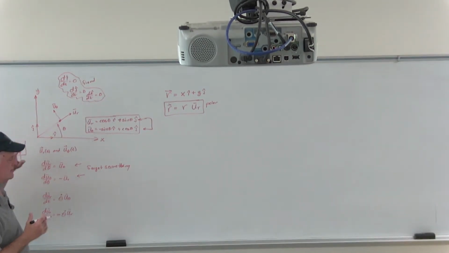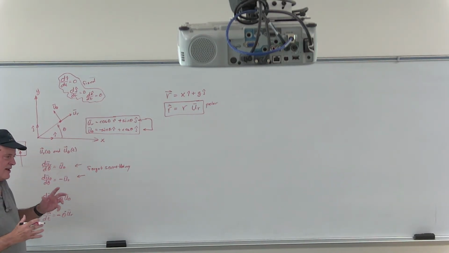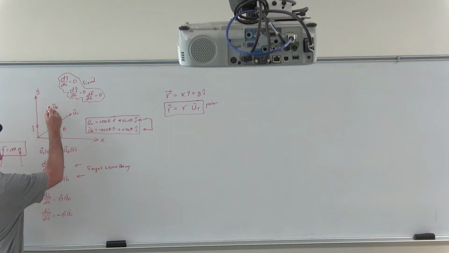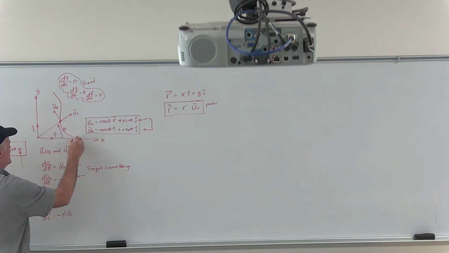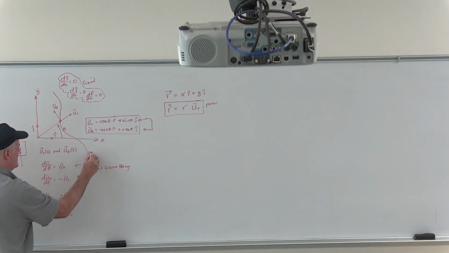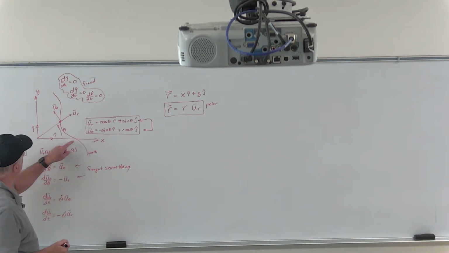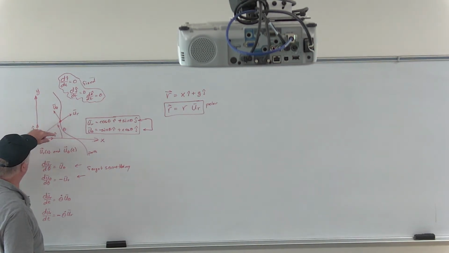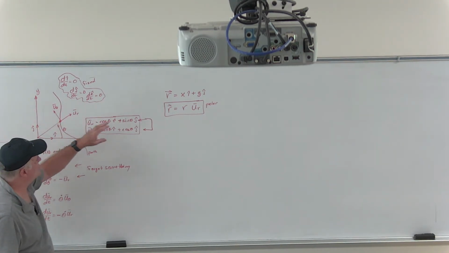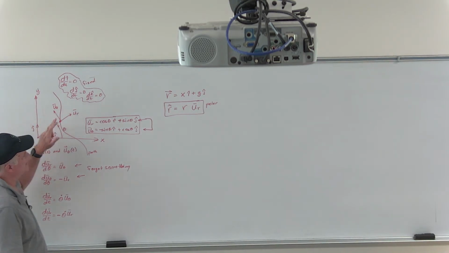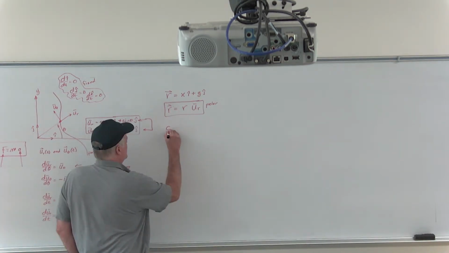So it sounds weird, and when you're first looking at it, you're like, this doesn't make sense, except that any particle that passes through and does something, so this is the path, you can represent that as a parametric with respect to time and use the ij coordinates, which is the xy, or you can use the r theta, which would be the ur and the u theta. So now if I'm looking for the velocity,